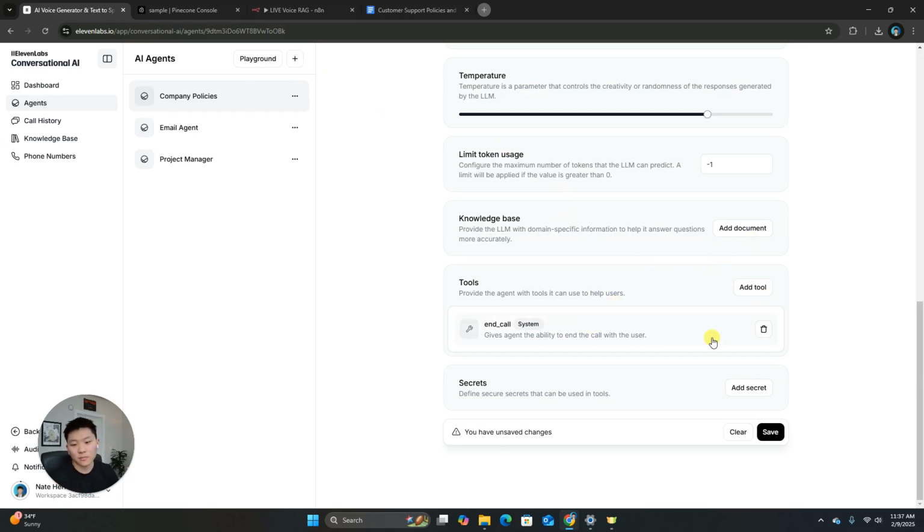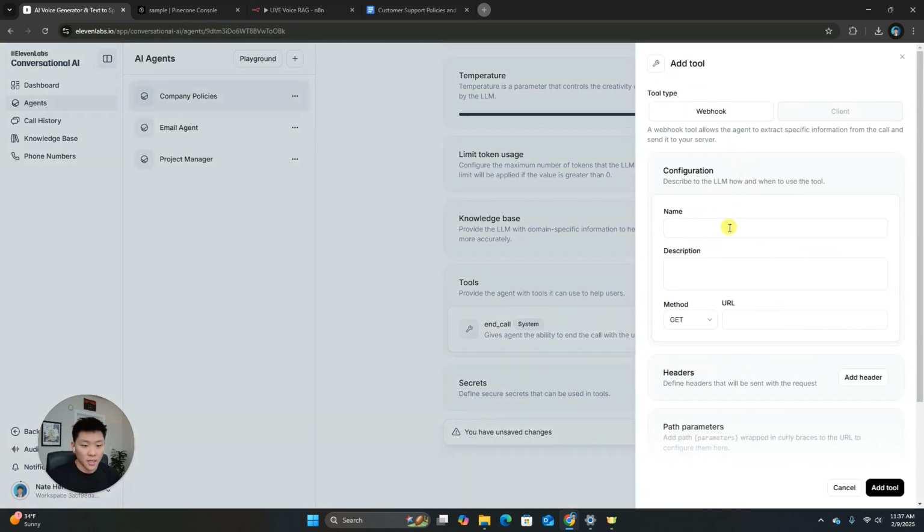And now we have tools. So this is where the magic really happens, where we can allow ElevenLabs to actually connect to third-party things. What we're going to do now is add a custom tool. We're going to call this one N8N. And our description is to